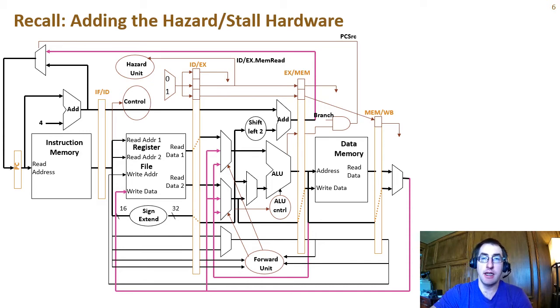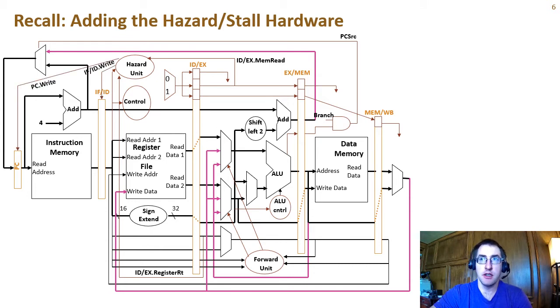So the ID/EX MemRead signal is plucked off of the control line and sent to the hazard unit in the decode stage in order to determine if the instruction in the execute stage is a load instruction. If it is a load instruction, and it's going to write its destination to the RT field, and that RT field matches the RS or RT fields of the instruction that's in the decode stage, and that instruction in the decode stage is also an R format or an instruction that uses that value, then the hazard unit needs to